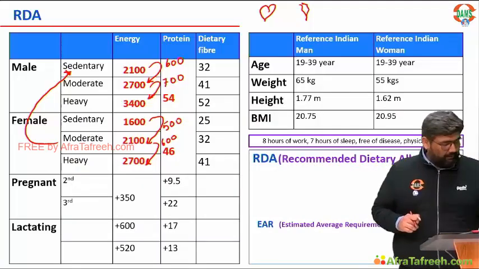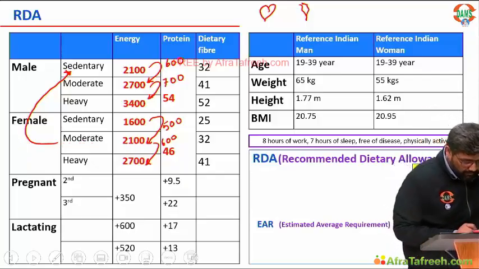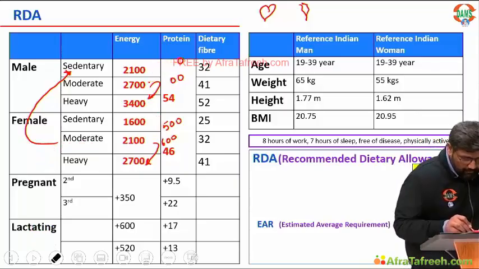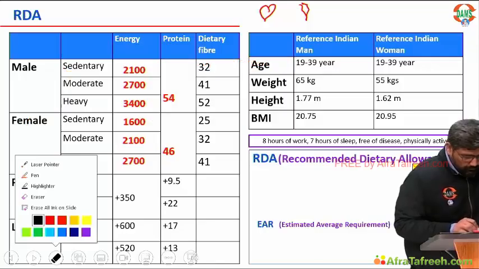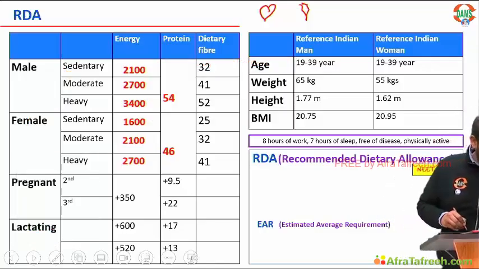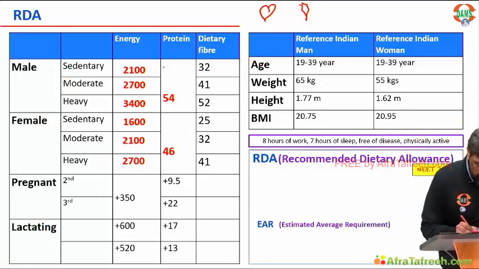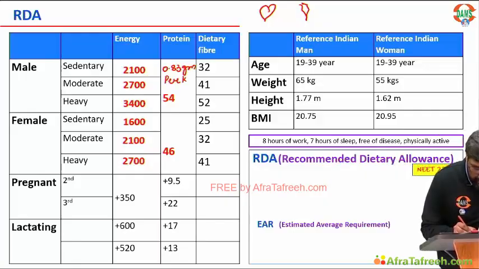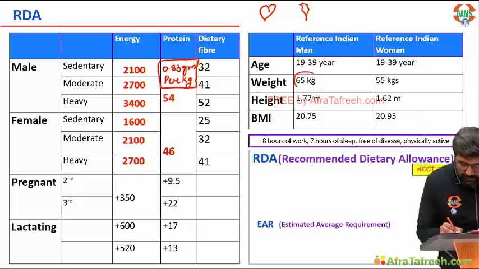Now coming to the protein requirement. Okay, I am erasing it. Chalo. Now next is protein requirement. It is 0.83 gram per kg. Right? The weight of a male is 65 kg. If you multiply it with